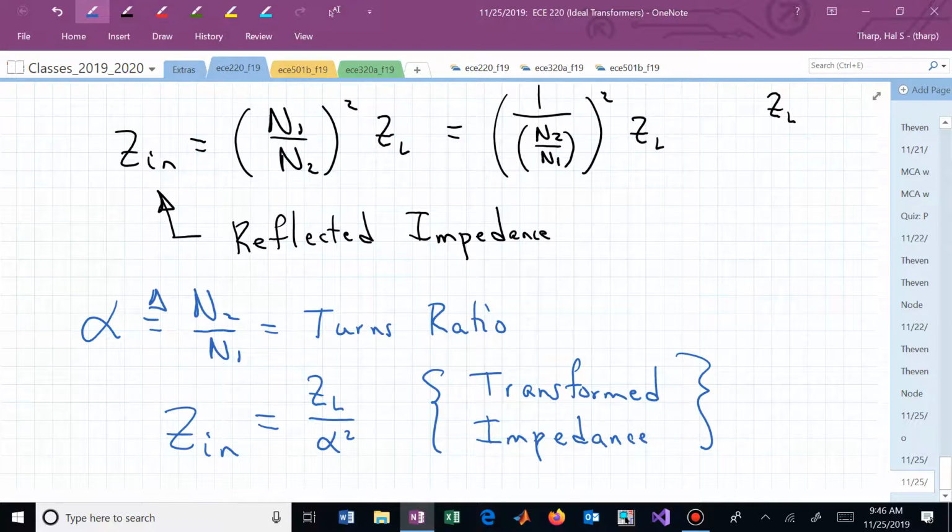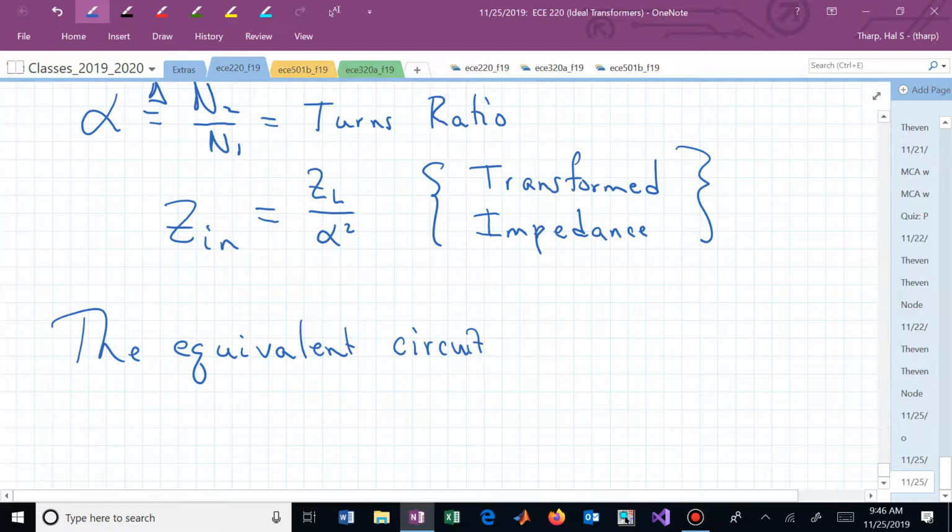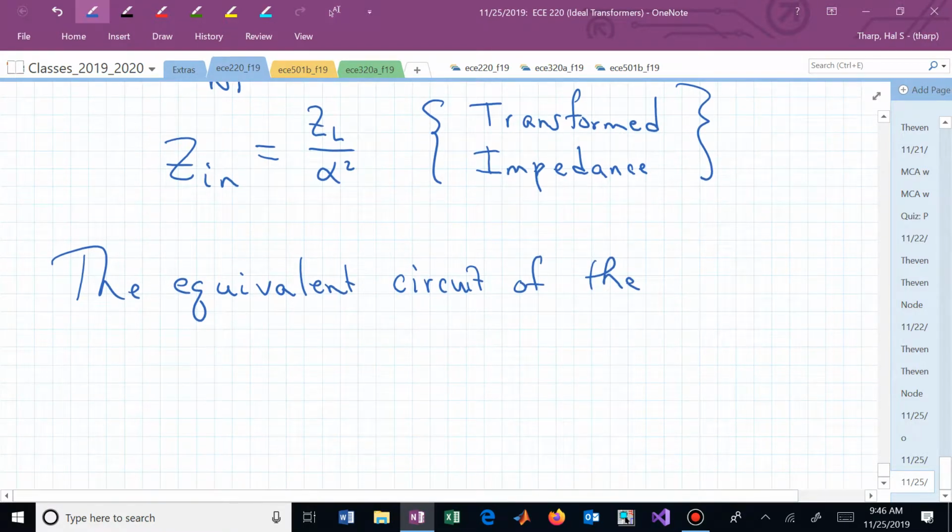So whatever your turns ratio is, you square it, divide that into Z sub L, and that's what is seen at the source. Or the equivalent circuit of the transformer load combination,